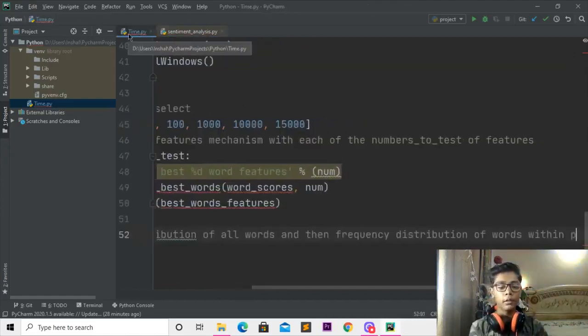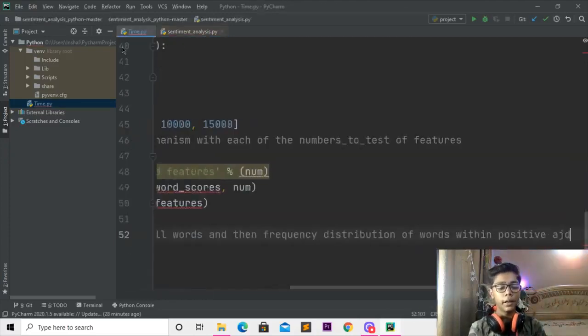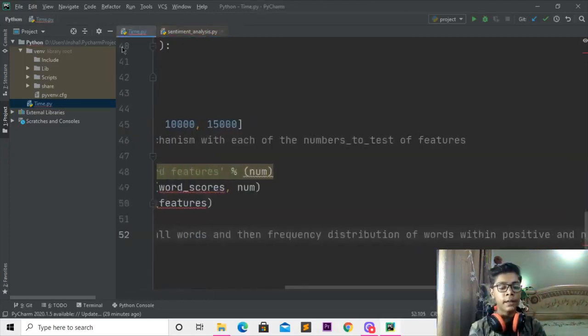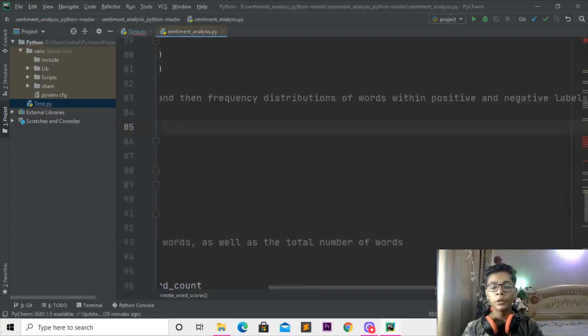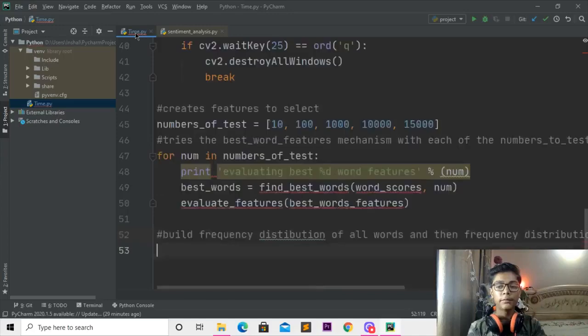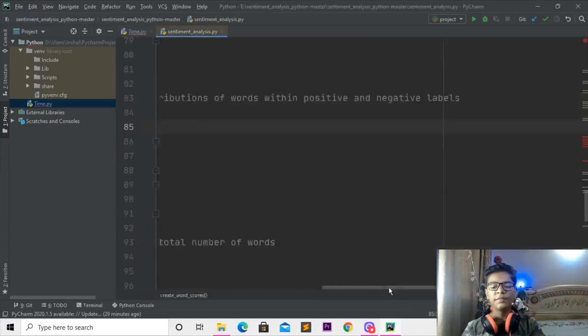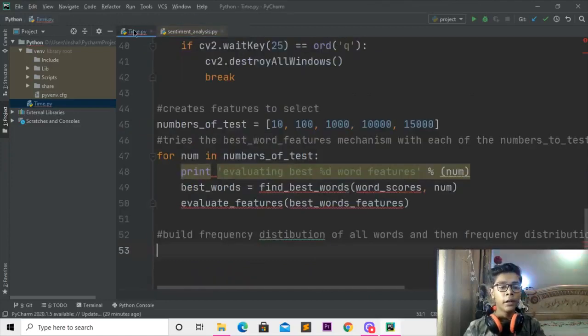When you're done with that, I'll move forward, then you have to write positive, and you can see that is written, and negative. When you're done with that, I'll move forward, then I'll be writing label. Then I will be coming underneath, and you have to change that to a tag, which will be word, and here I'll be writing word_fd, then I'll be writing equal to,